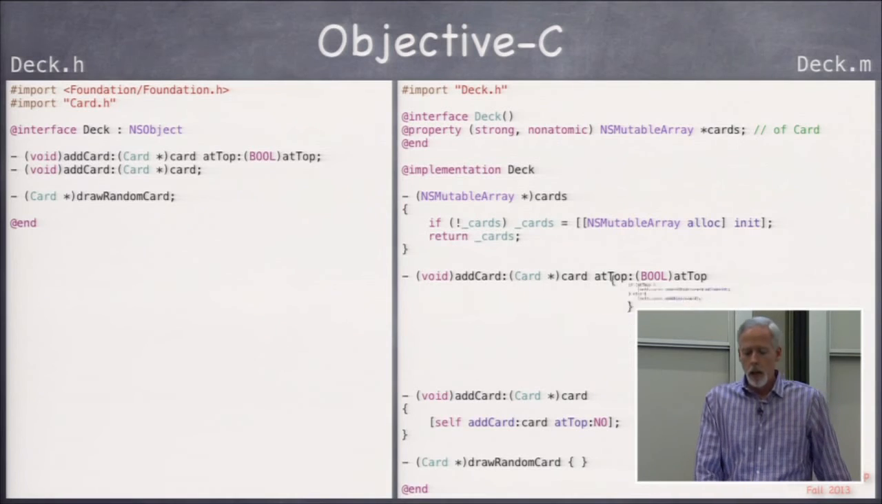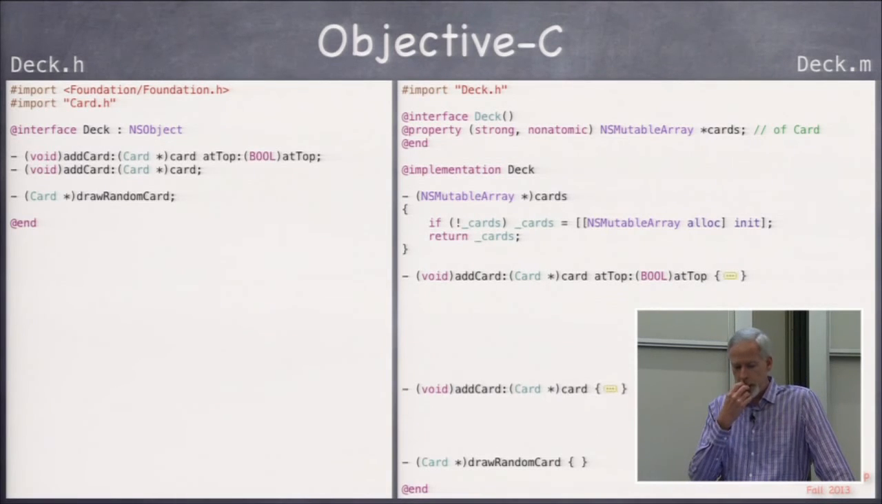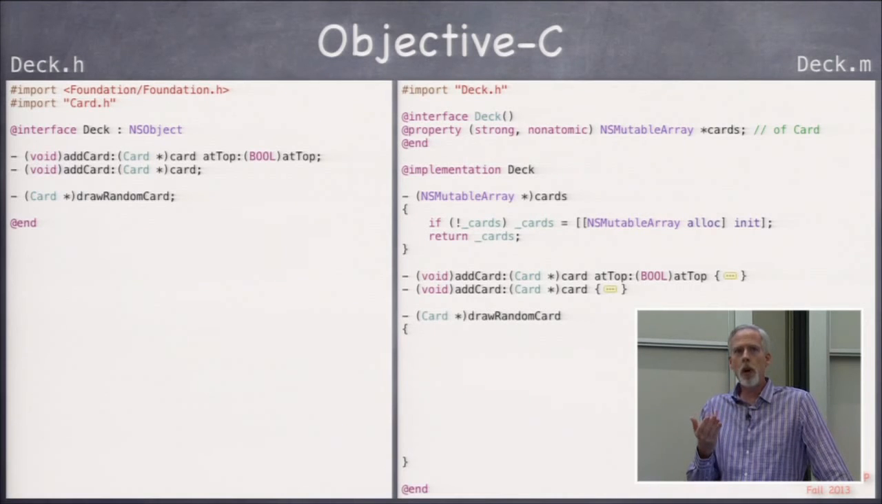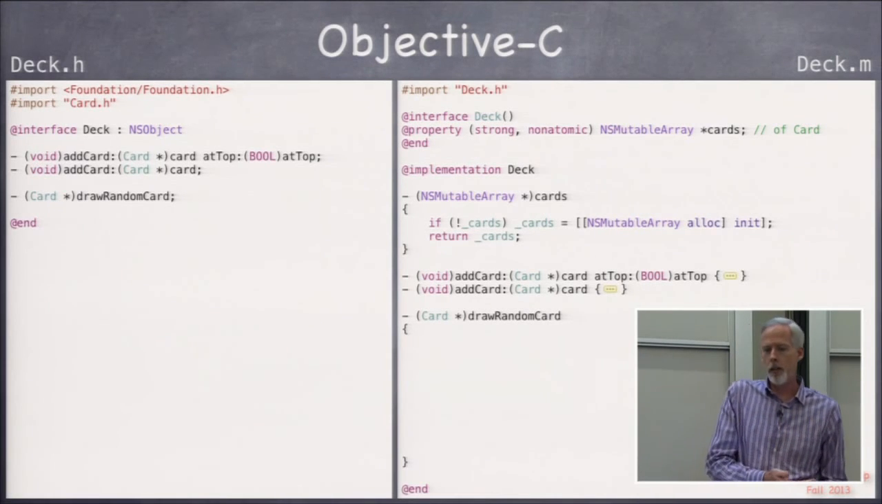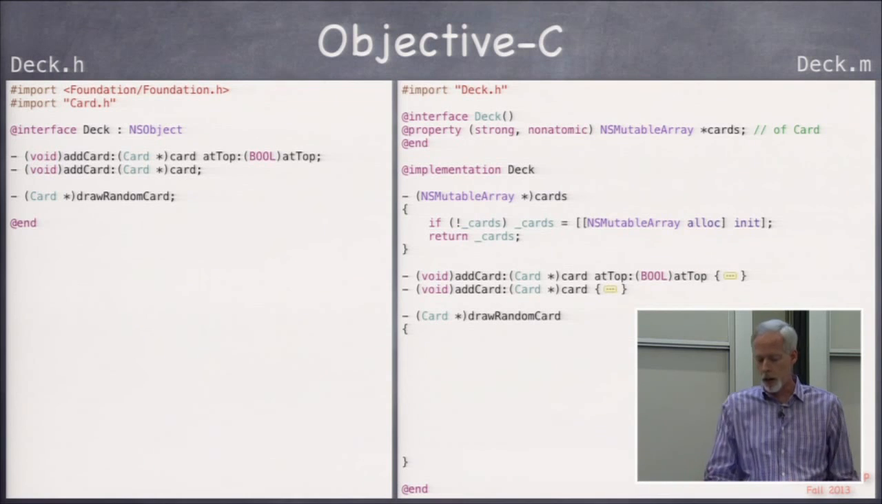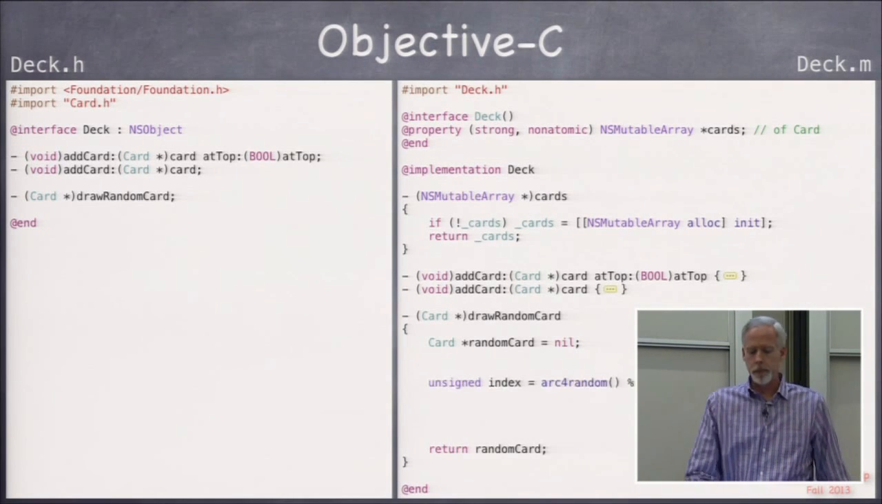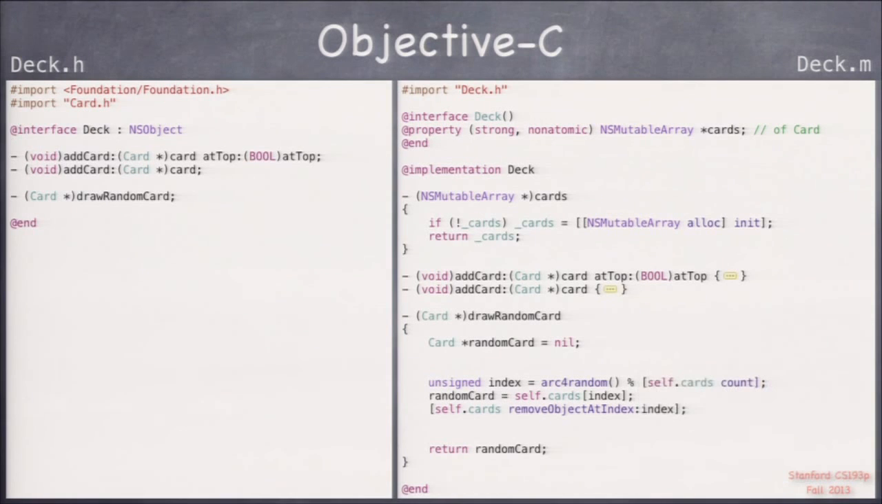Okay. So let's collapse down some of this stuff and look at drawRandomCard. Okay, so drawRandomCard, all it wants to do is get a random card out of that self.cards. So that code is very simple as well. So we just get a random integer. That's what arc4random does. If you don't know it, it's just C